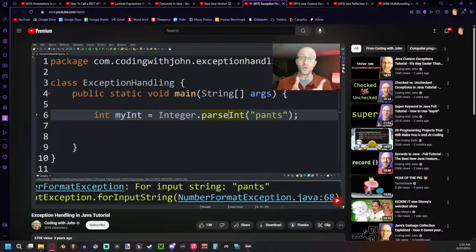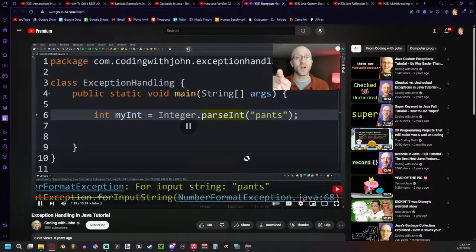If you, the programmer, don't handle the situation, your program blows up, prints some exception information to the console here that we're looking at, and terminates. That's it, game over. But now that is where